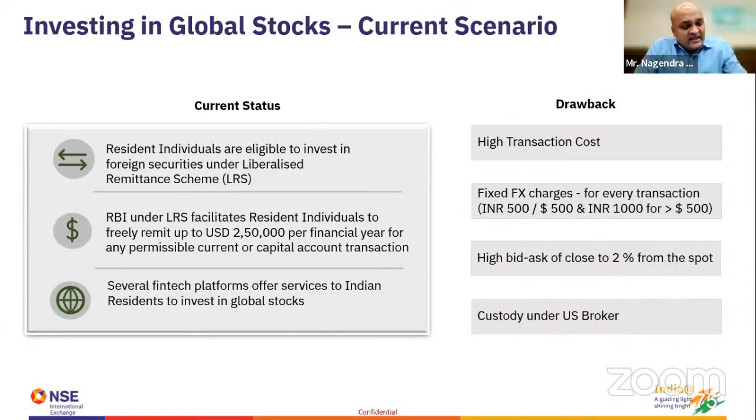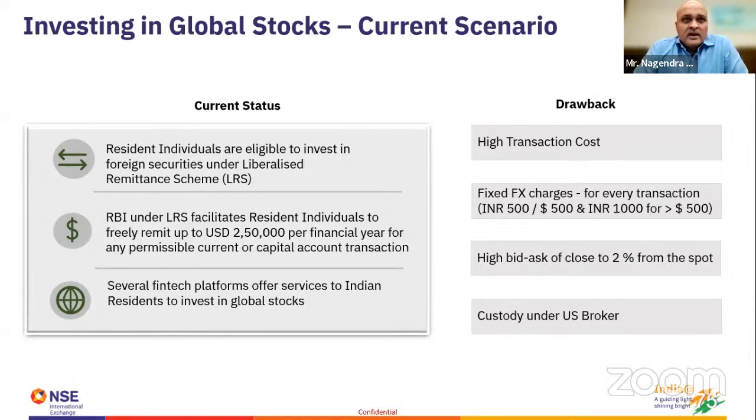There are various categories in which they can actually invest this money for higher education, for investing in bonds, equities. So what we have done is we have tried to leverage on this existing framework, which is already approved by RBI. And if you guys notice, there are a lot of platforms today who offer you to trade in US